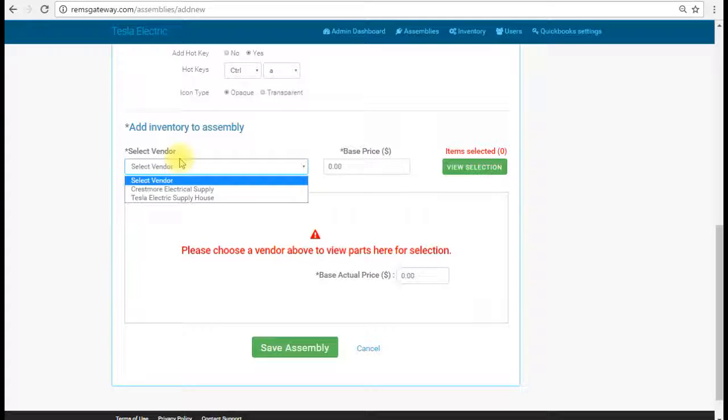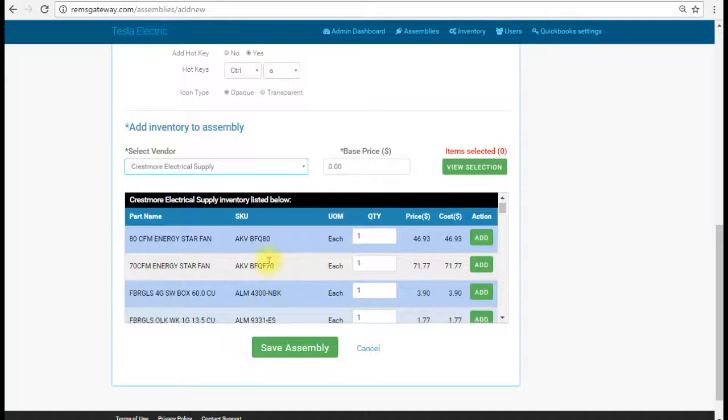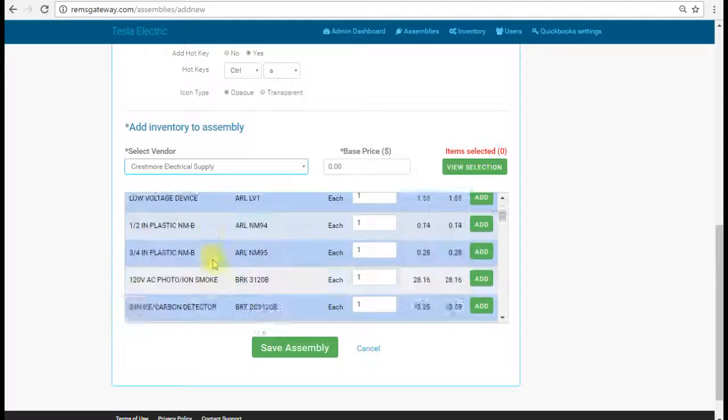Like I said, with REMS, you can set up as many vendors as you wanted. So this list could be 7 or 8 different supply houses, and each one of them can be picked as part of this assembly. So in this case, we're going to start this off with Crestmore Electrical Supply. We're going to go down through our list. You can see